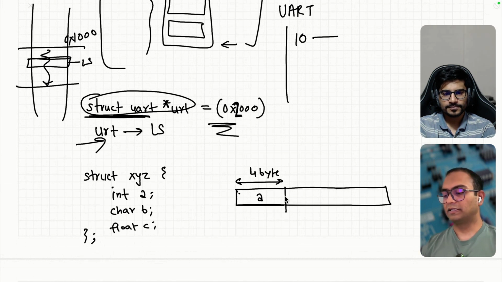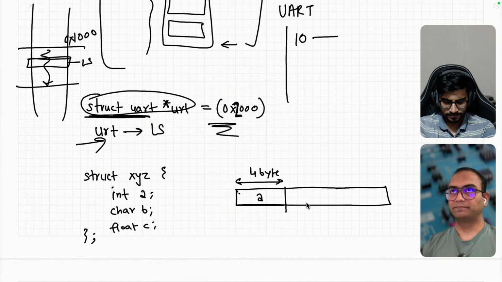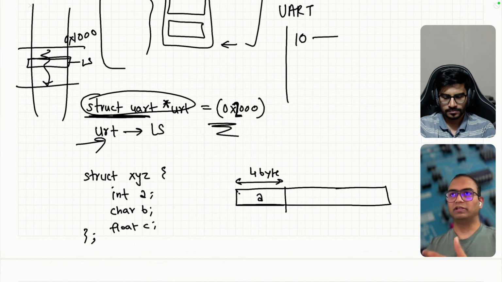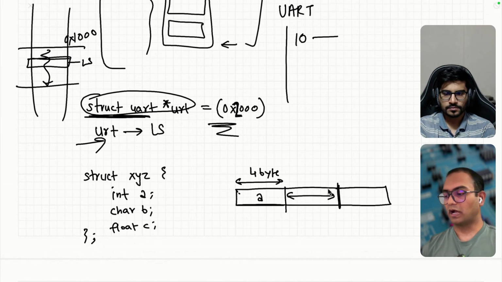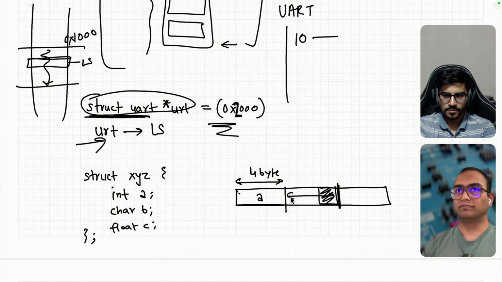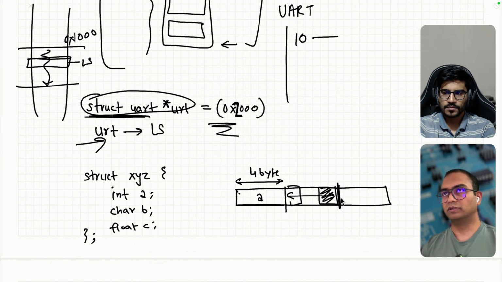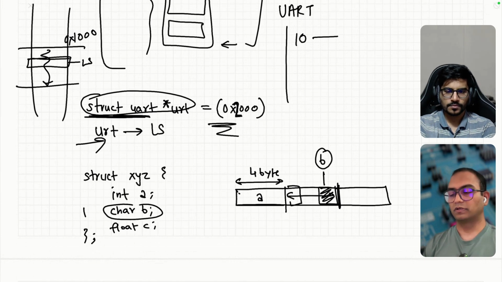After that, there is a character of 1 byte. So now comes the case of whether there is padding or not. If there is padding, then 4 bytes will be allocated, out of which 1 byte, and I don't recall whether it is the byte on this side or the byte further down, but 1 byte will be for b